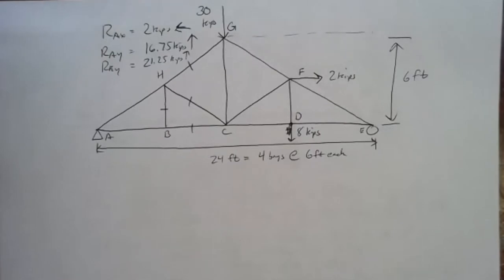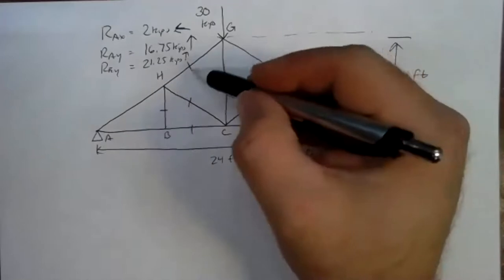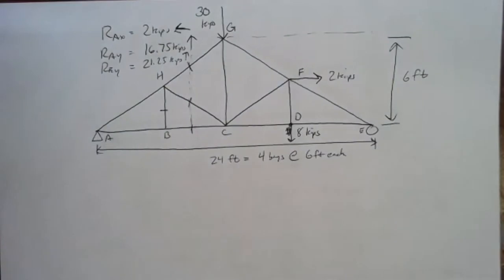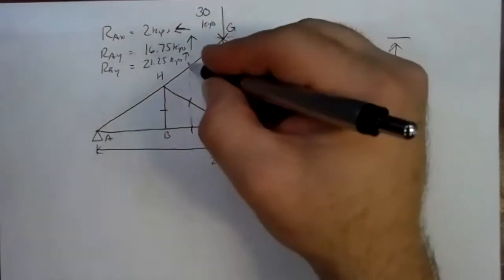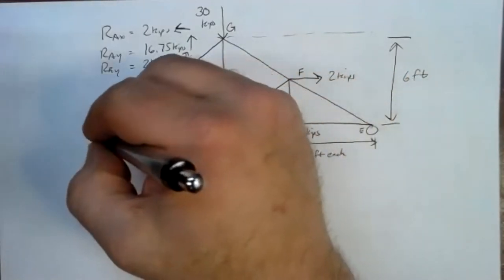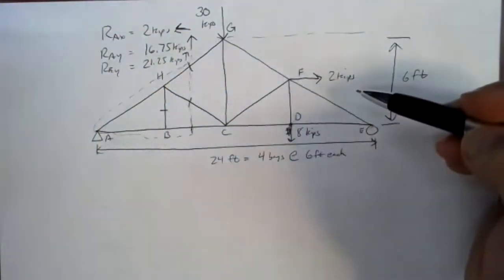All right, so now we have to figure out how we're going to proceed. Now, I think in this case, the best course of action is going to be to do one cut, to do one method of sections problem, and then jump into method of joints at joint B to figure out BH. So I can draw a cutting surface right through those 3 members and get a pretty reasonable cut through the truss, only cutting through those unknowns. It'd be easiest, I think, in this case to close to the left, because if we close to the right, then we're catching a whole bunch of other forces that we'd have to deal with.